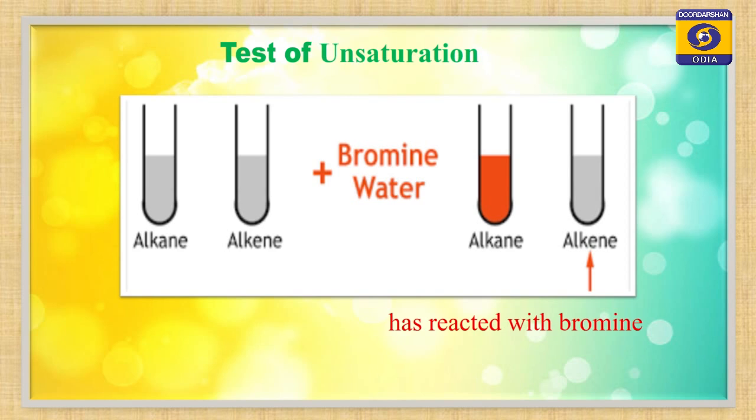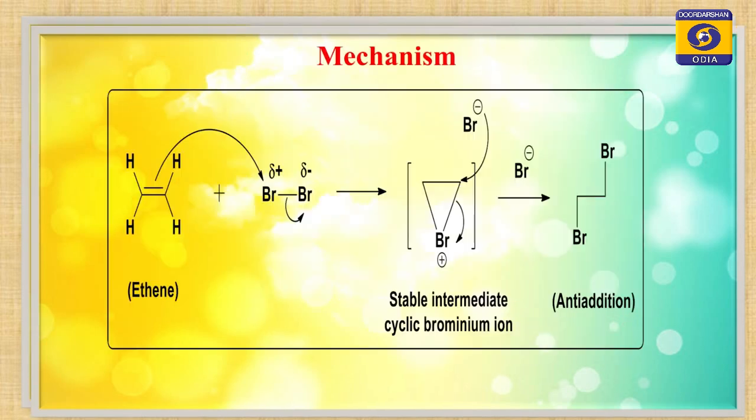This is also called a test of unsaturation, meaning for any alkane, alkene or alkyne, how can you differentiate which one is saturated and which one is unsaturated? By this bromine addition reaction, by the change of color. This is the addition of halogen to alkene to prepare dihaloalkane called vicinal dihalides. Look at this one, you see on the screen that there is a change in color. If you take an alkene and add bromine water, it becomes colorless after addition, but if you take an alkane, the color will not change, it keeps the color of the bromine. See this one, this is the mechanism behind it.